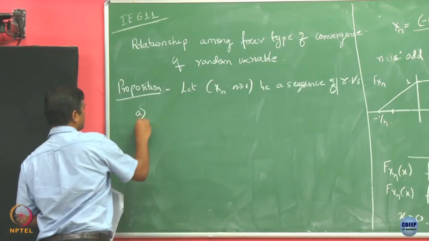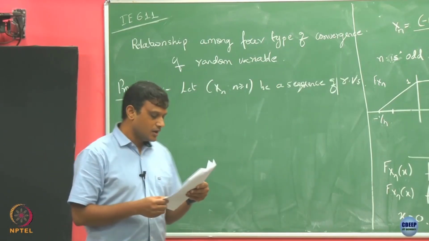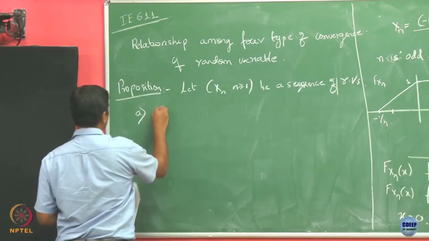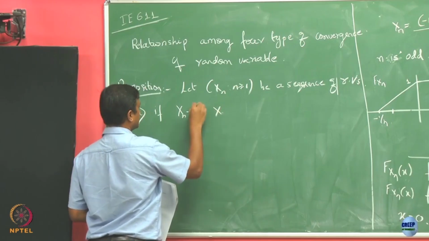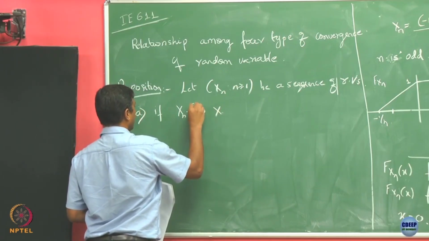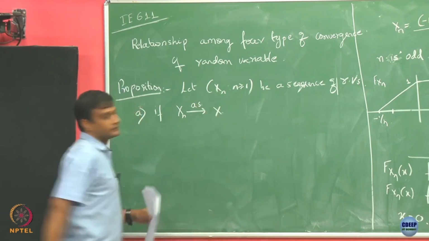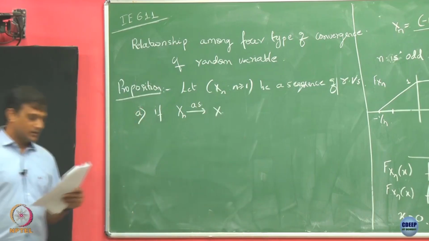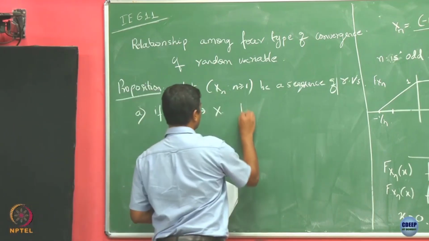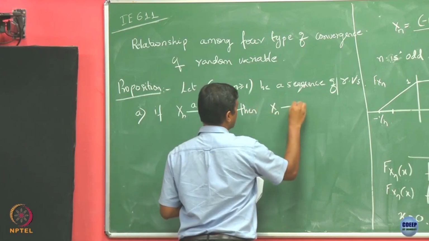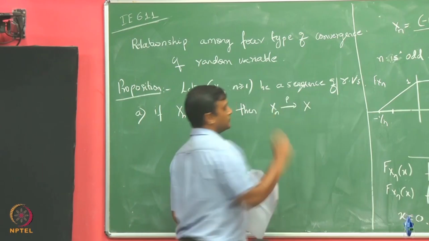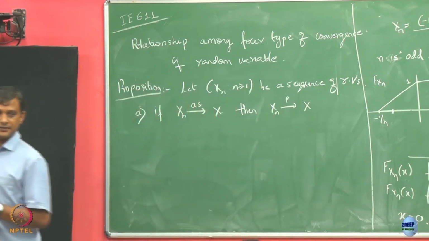Now suppose I know that my sequence Xn converges to X in the almost sure sense, then this implies that